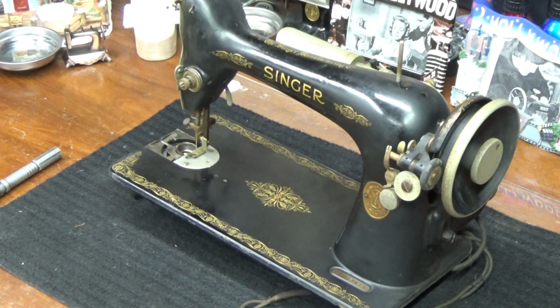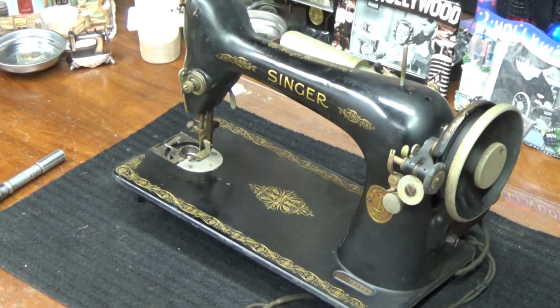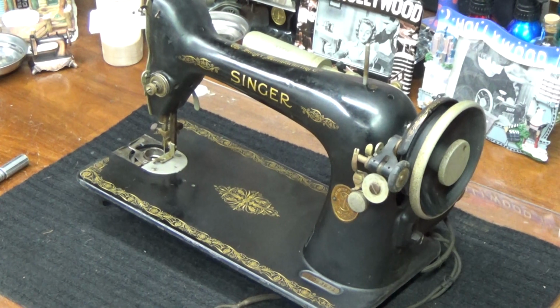But this machine was born back on February 1st, 1928. And there were only 50,000 made. So it's not quite below that threshold, below 50,000. It's right at 50,000. So it's not in that ultra rare class, but nonetheless it is a treasure. And it's going to be even more of a treasure when I get done with it. So Cindy, I really appreciate you sending this machine to me and giving me the opportunity to give it a new lease on life, kind of like we just did for Renee's